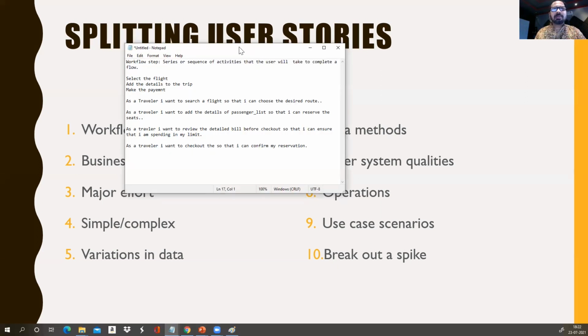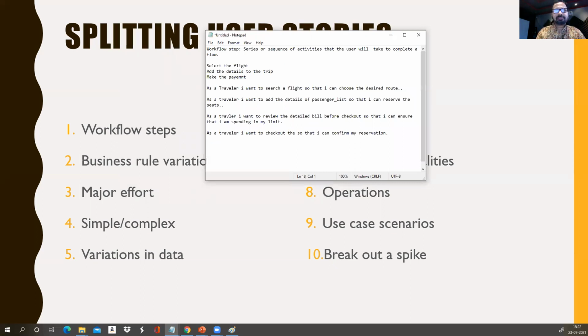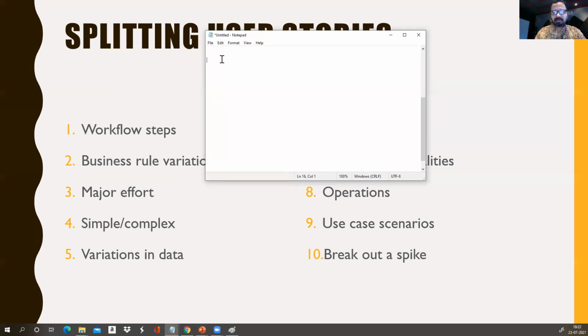The next example is nothing but business rule variation. Now, in terms of business rule variations, the next scenario we will consider is, as a user, I want to pay for the flight tickets based on the origin, destination, city or country, so that my flight invoice contains all the applicable heads for airport taxes.